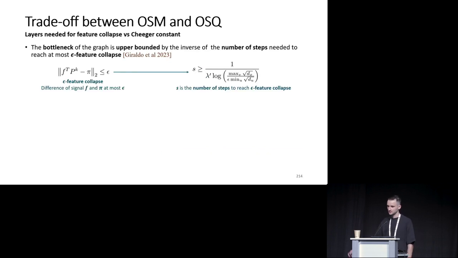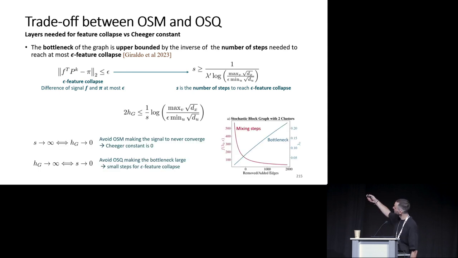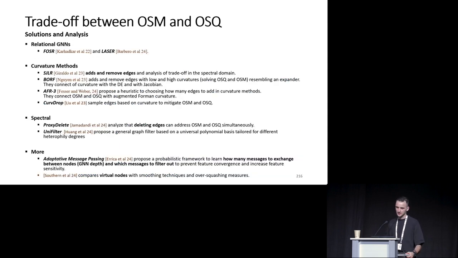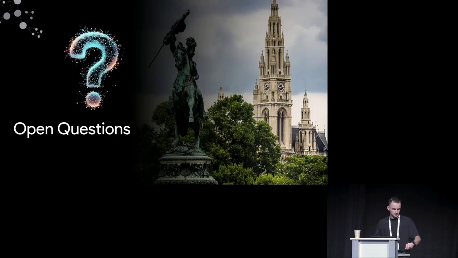And you can look at this theoretically in the Giraldo paper, but the higher the bottleneck, the lower the mixing steps. So yeah, if you want to increase the spectral gap, you have to reduce the bottlenecks. And these are just some works that we will share that highlight and analyze this kind of trade-off. So yeah, before we finish, we're a bit ahead of time, but some open questions that I find interesting,